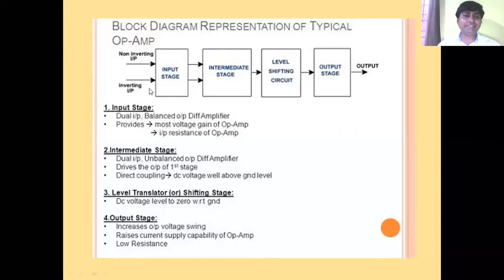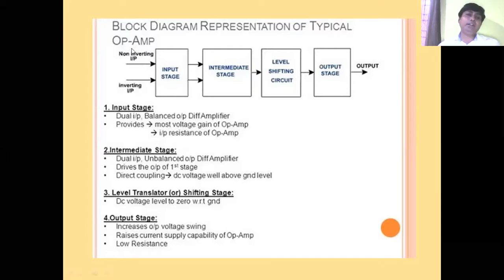So here we can see that we have two inputs. One is non-inverting input, another one is inverting input. Now, why does this operational amplifier have two inputs? Here the question arises, why in most circuits we have observed only a single input, but for this operational amplifier it is observed that it has two inputs. One we are calling the non-inverting input, another the inverting input.